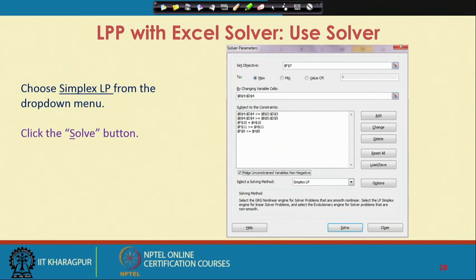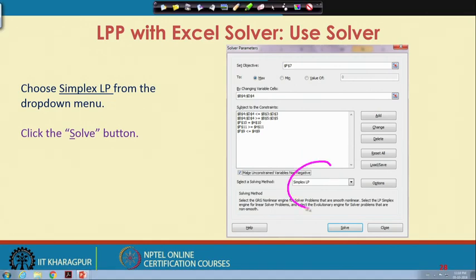For the newer version, you choose Simplex LP from the select a solving method menu. So, choose Simplex LP from the drop down menu, then click solve. You can check the box saying make unconstrained variables non-negative.